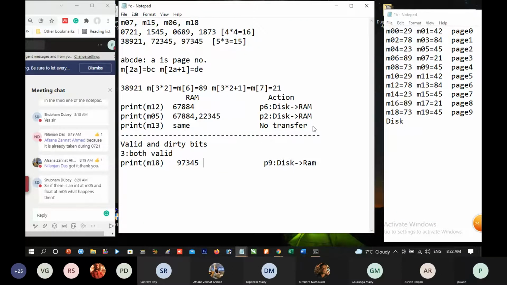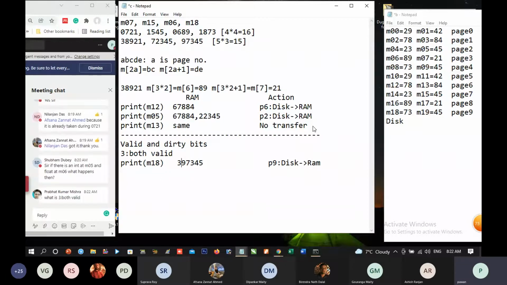Okay. So our RAM will have this. And before this, we shall write 3. For the time being, you assume in front of every page number will be written, and the values at that page will be written. And 3 will be written for the time being. Yes. We shall see when things can be partially valid. Is it correct?